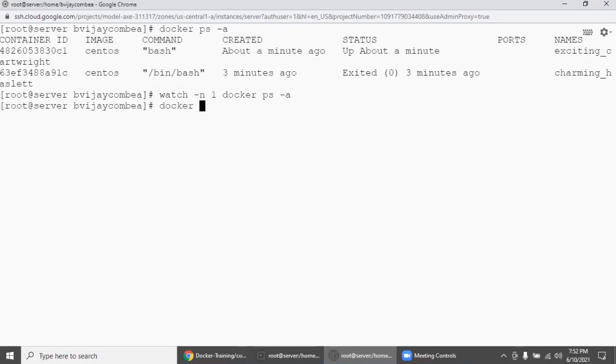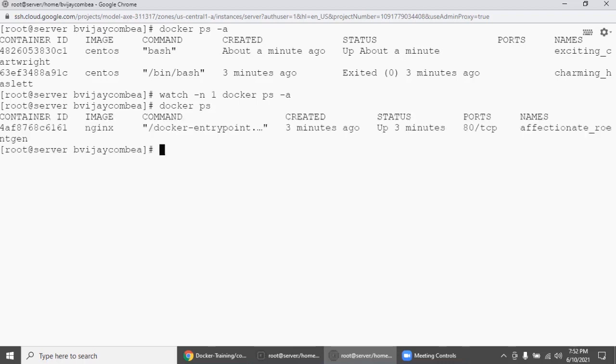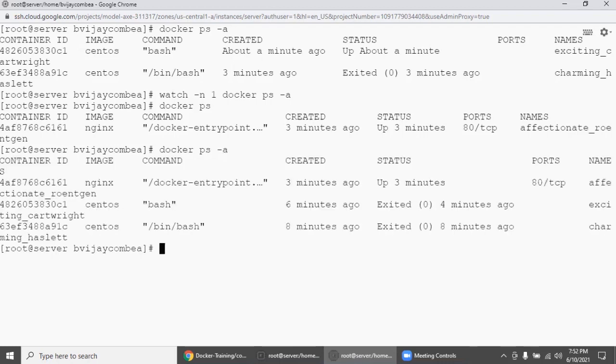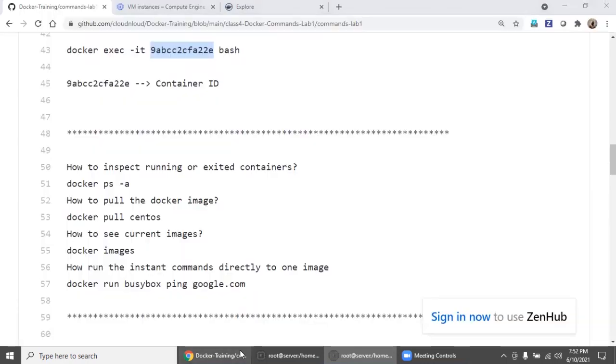Docker ps will show you only running containers, but I want to see all. So docker ps -a will show you all, exited as well as running. That is what we have mentioned here.